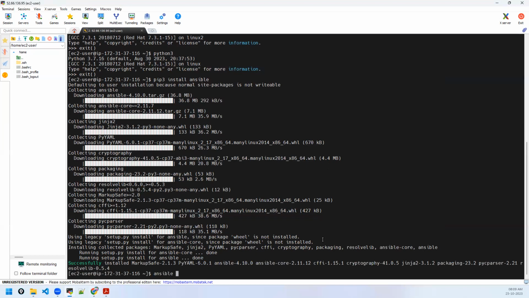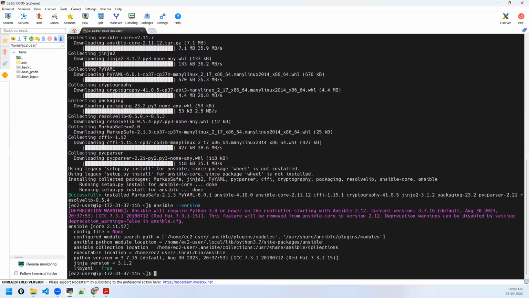We can check the Ansible version. It shows that Ansible is installed. All the modules were installed in this path. This is where you have all your modules, we'll see that. And Ansible is installed in this path. Config file is none. Like I told you, ansible.cfg is not created by default in some installations. With this kind of installation, it's not required, but if you need to customize anything, we can create it. But yes, Ansible is installed.